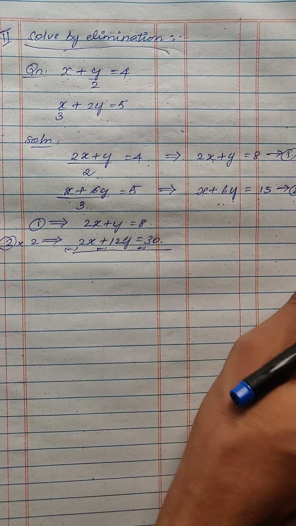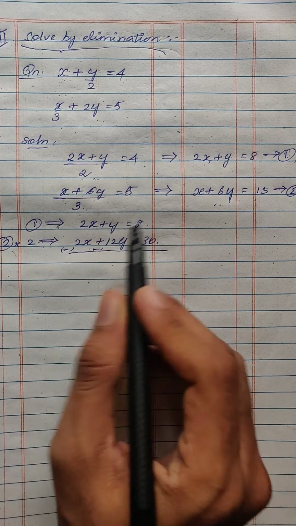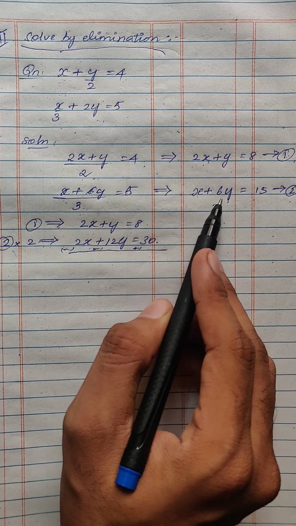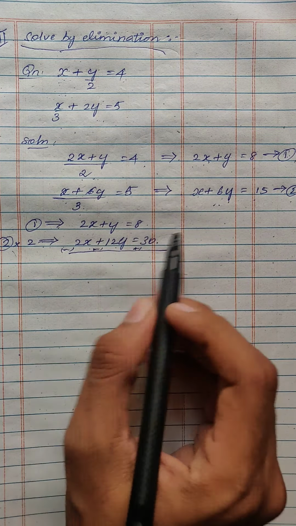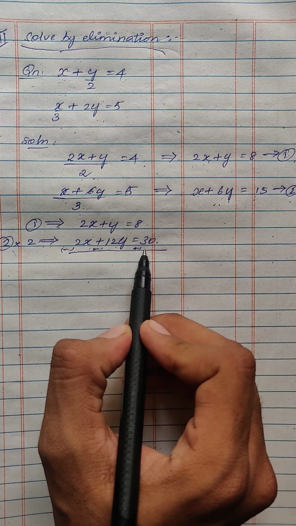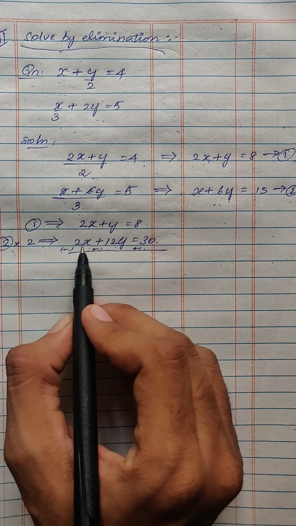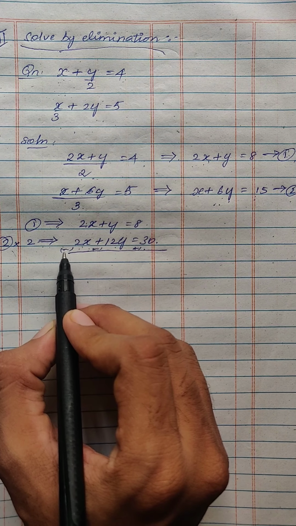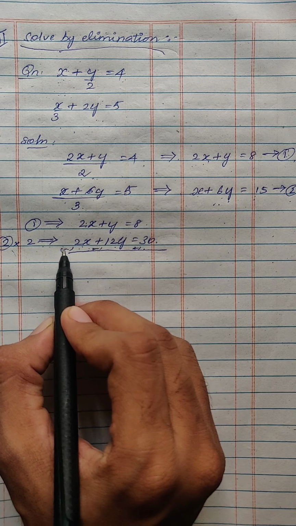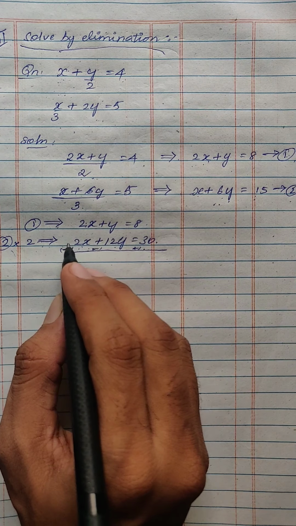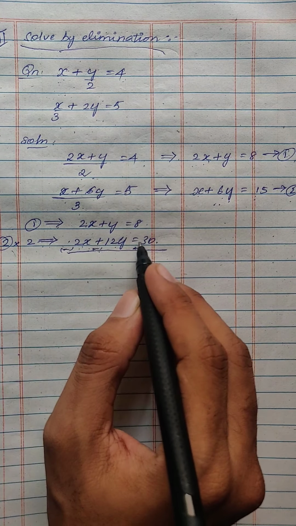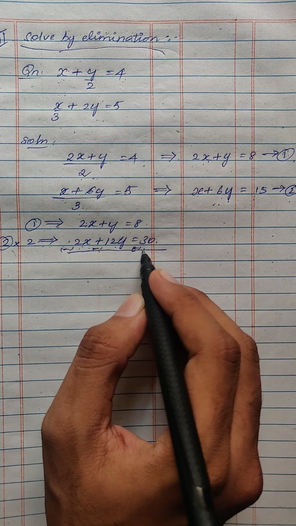So the second equation multiplied throughout by 2, you will be getting, here it will be 2x. When multiplied by 2, this will become 12y, and when multiplied by 2, this will become 30. Isn't it? So now we have like terms. Like terms means we have the same coefficient. Now we can subtract. When you subtract, the signs of the terms will get interchanged. So plus becomes minus, and plus becomes minus. I hope you can understand.